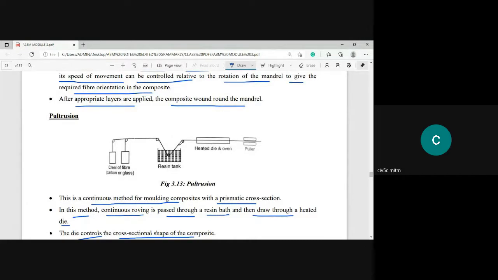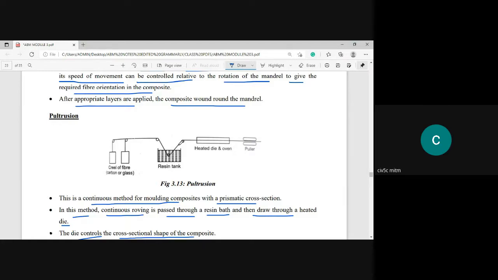So these are the various manufacturing processes they are going to use in order to prepare the FRP laminate. The hand layup technique, spray up technique, and vacuum bag technique are the manual methods. Pressure bag, autoclave molding, pultrusion, and filament winding are somewhat mechanized methods. Preferably in pultrusion and filament winding, they are going to prepare something like a thread. The FRP will be a thread, but in spray up and layup, it will be a laminate. Is it clear? It will be something like a sheet. But here you can prepare just threads.